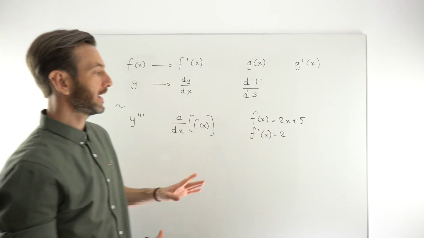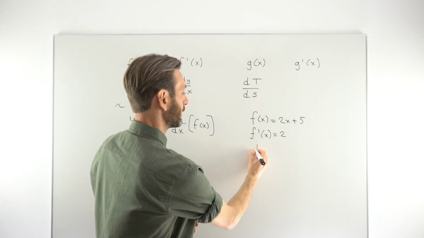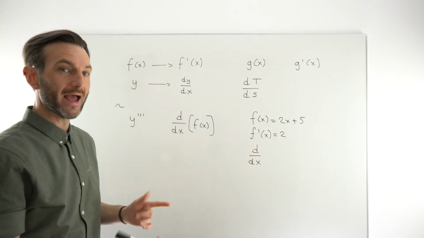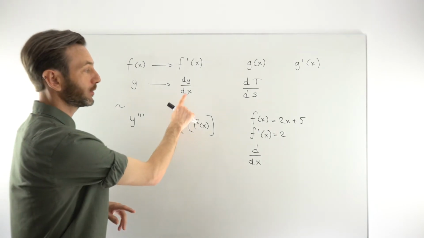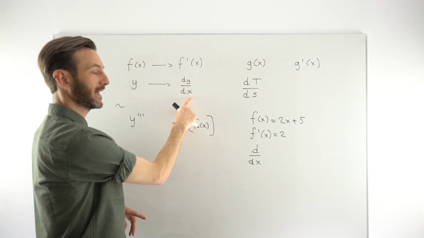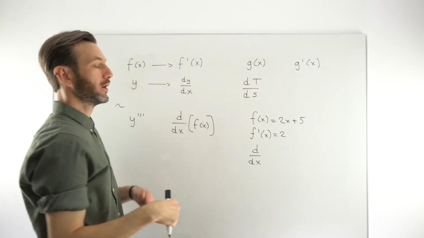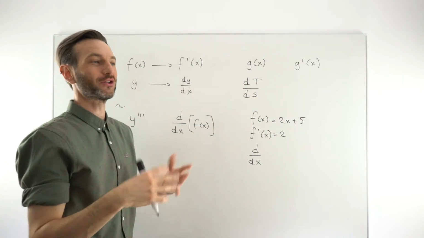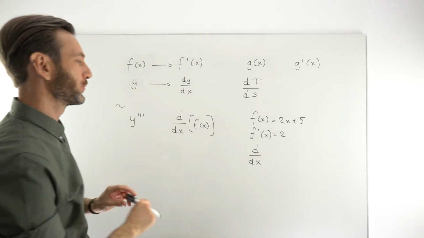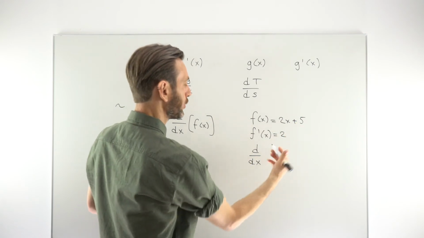If you wanted to say, though, I'm going to differentiate this function, you could write it as d dx, derivative with respect to x. That's how we say that. That's how we say this as well, by the way. This is the derivative of y with respect to x, derivative of t with respect to s in this case. Usually we don't have to say those words out loud, but that's how you should say it in your head. So in this case, we would say the derivative with respect to x of the function